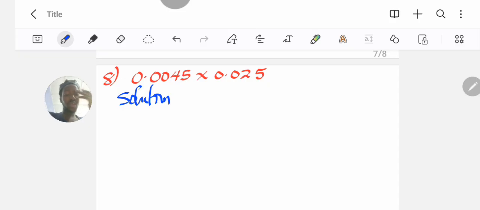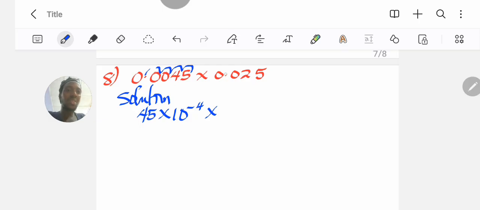Okay, so question 8. They ask us to express the product of these two decimals in standard form. So like I've always explained, the first thing to do is remove the numbers from being a decimal by taking the decimal point outside. So that's 1, 2, 3, 4. So that is 45 times 10 raised to the power of minus 4 times